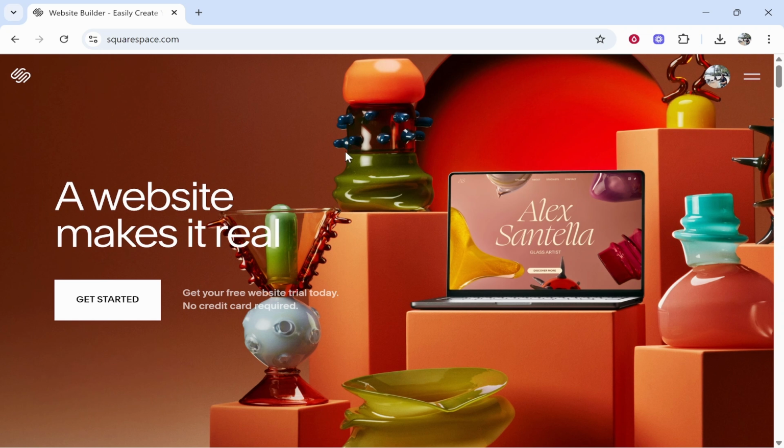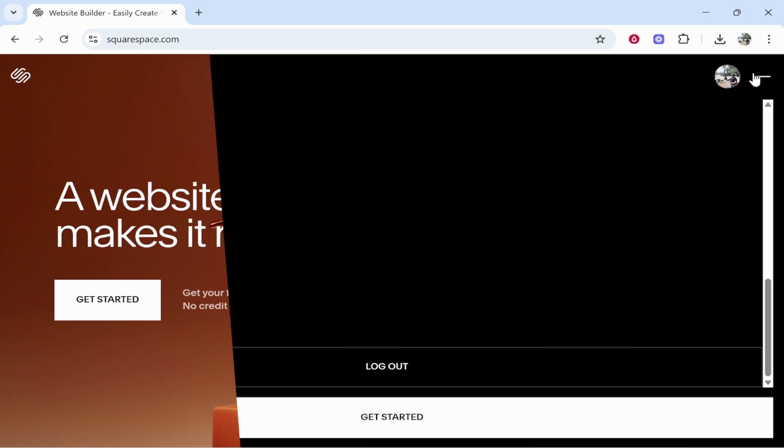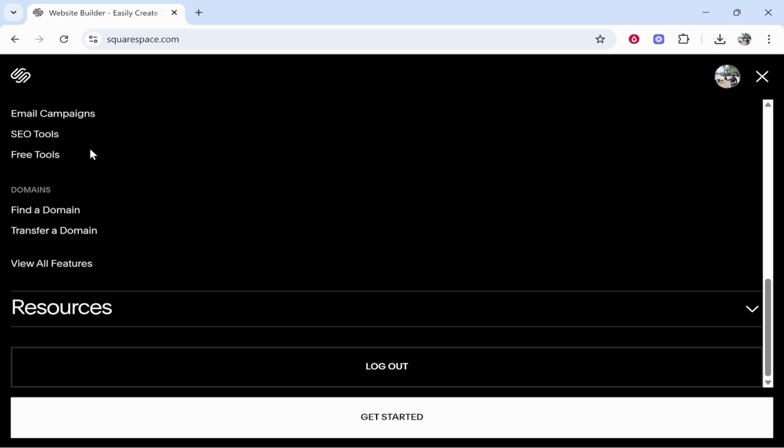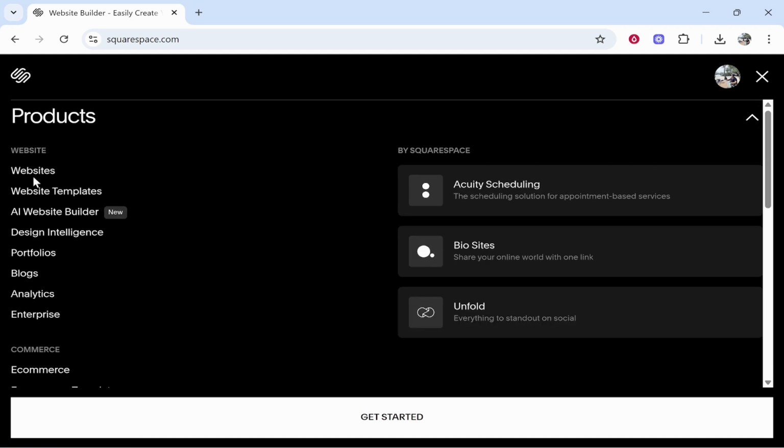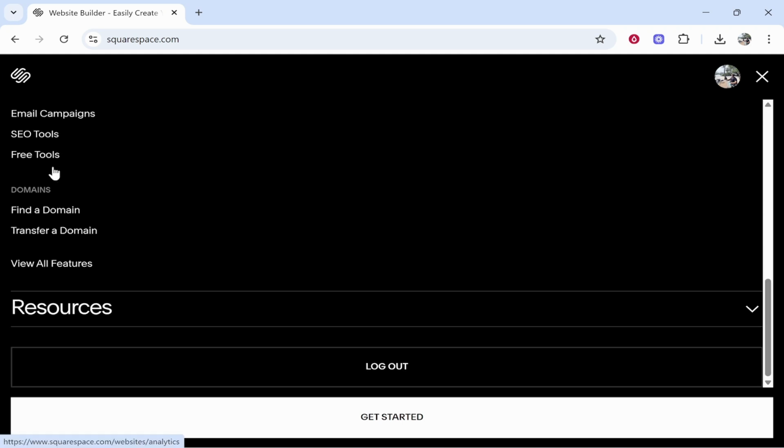So what you need to do once you're on the Squarespace homepage, you need to go to the domain section of Squarespace. So make sure you're logged in the top right hand corner to Squarespace, then click on the lines in the top right. From here, you can then go ahead and find the domain section. So by default, you need to scroll down, and I would just really go ahead and click on find a domain, and it will take you to